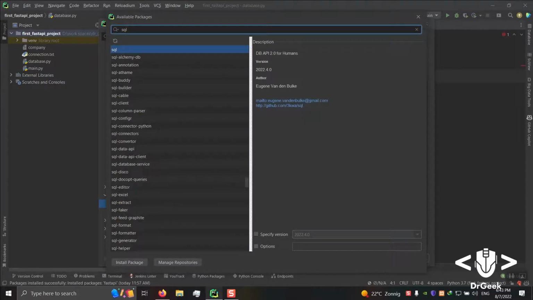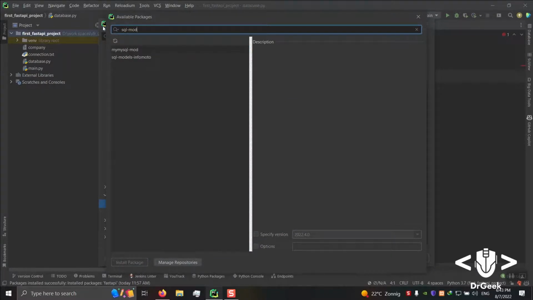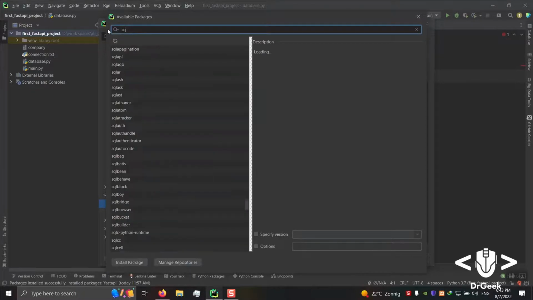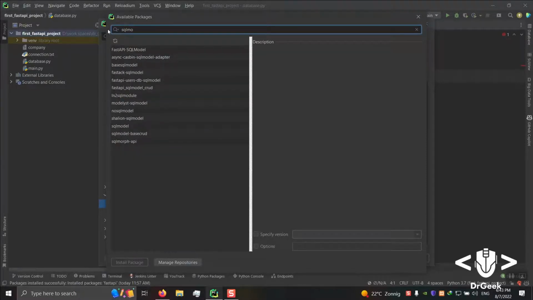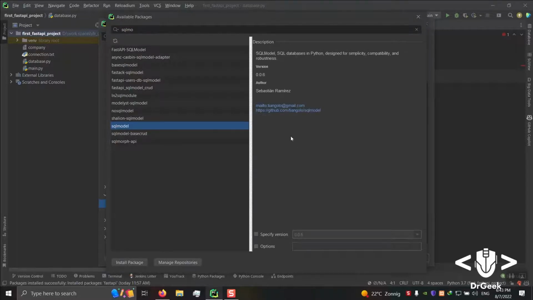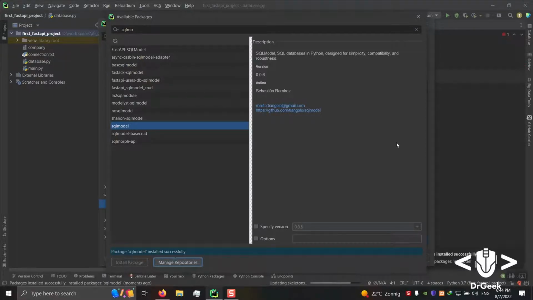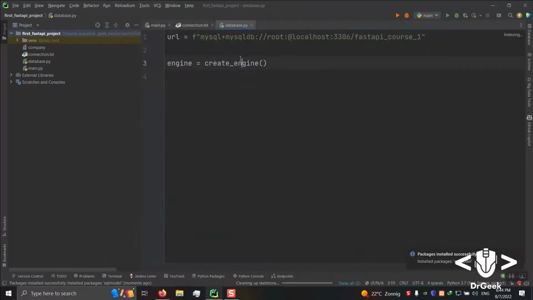SQLModel, no dash, just simple SQLModel. If you see the name of our guy Sebastián Ramírez, and the version is 0.0.6, you are all okay. Click install, and the package is going to install. Okay, package installed successfully.